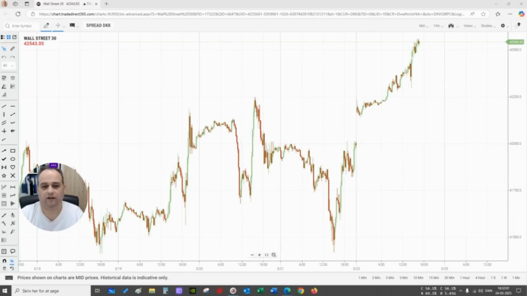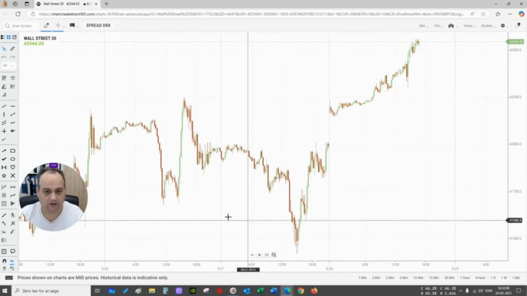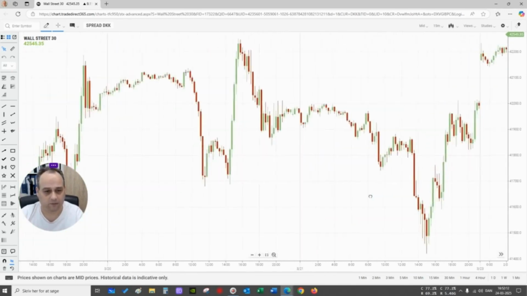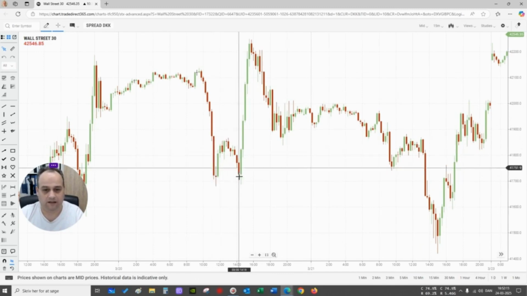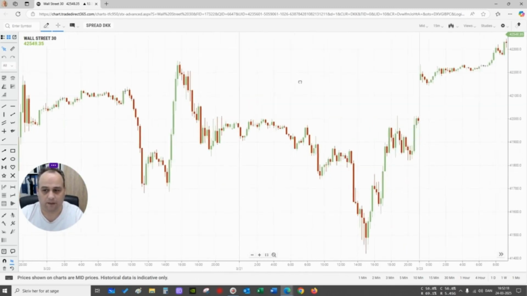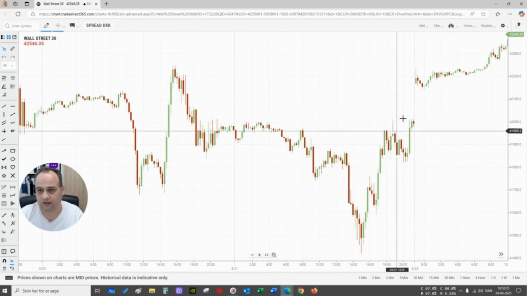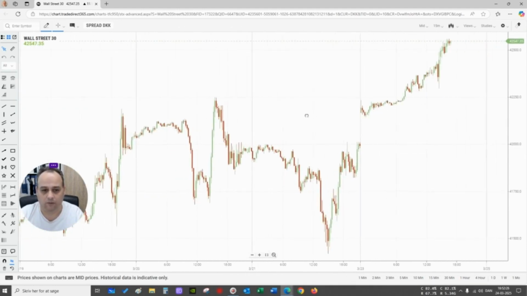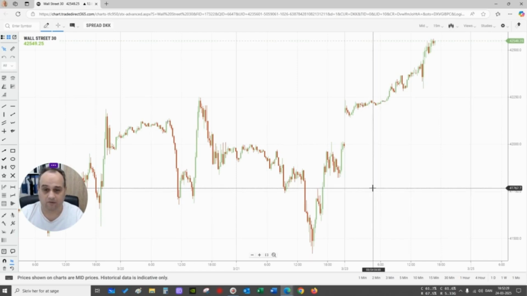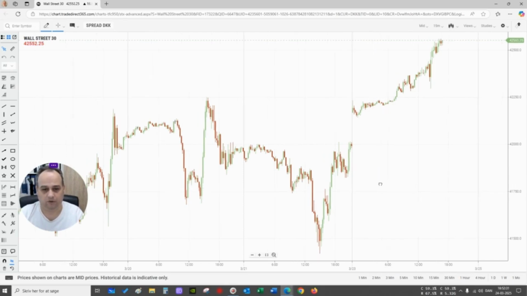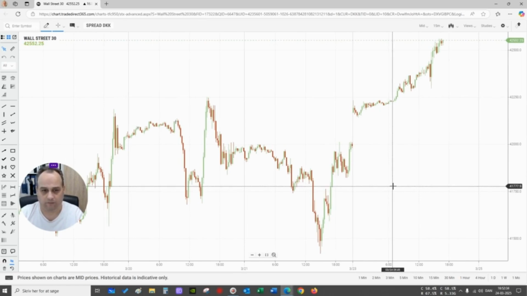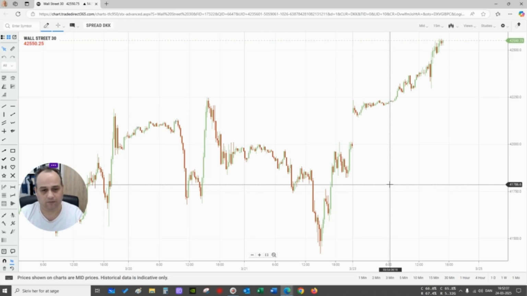So here we have the raw chart with only the price action and nothing else. And when you look at this chart, you are actually able to read some of the price action here with your eyes without any problems. Like you can see here, there's a big drop and then comes a double bottom and it goes up again. And also over here, you can see that after a downtrend, it changes the character and the structure and starts to build an uptrend. So the raw price action in itself, without even volume or anything else, is actually possible to both read from and to trade from. But putting the indicators on top of this actually gives you an extra advantage.